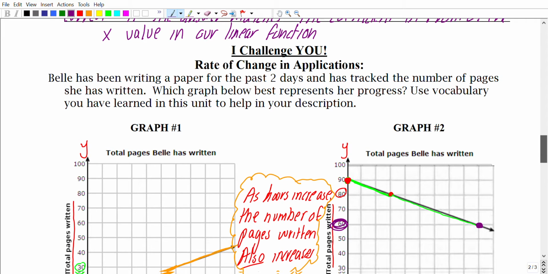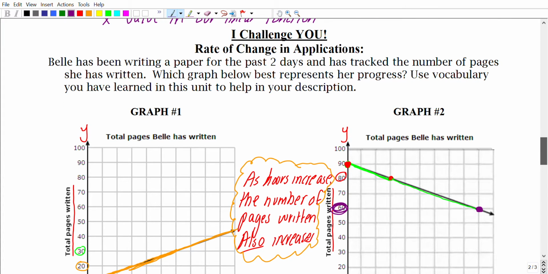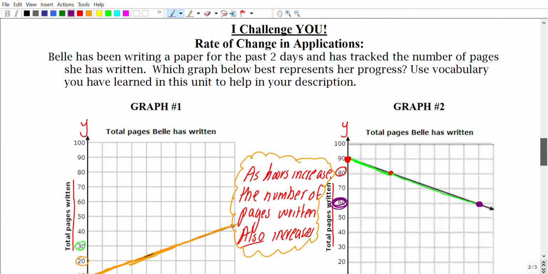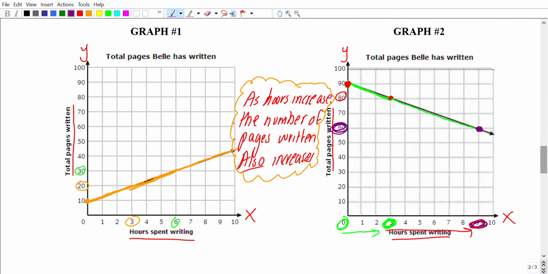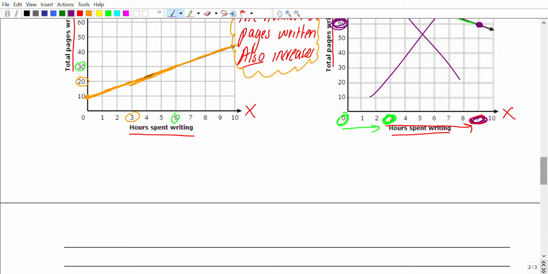So, again, Belle has been writing a paper for the past 2 days and has tracked the number of pages she has written. So as more time is passing, she's supposed to be gaining more pages written. So definitely it looks like graph 2 would not be it. So we would say that our answer here is that graph number 1 models Belle's